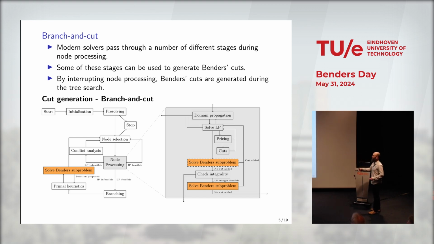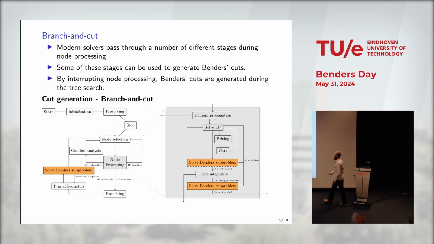Within your node processing, you get to the end, you check integrality, and if you have an integer LP solution, then you send that to your sub-problems. On the other side, with your primal heuristics, you also need to check whether they are actually proper primal solutions. And so we can be more integrated with the solving process. That's why people think this is more modern, more advanced, because you're working with the solver as opposed to treating the solver as a black box.